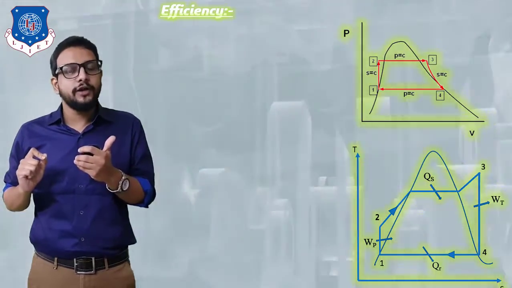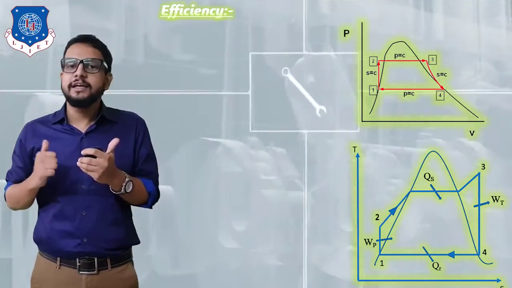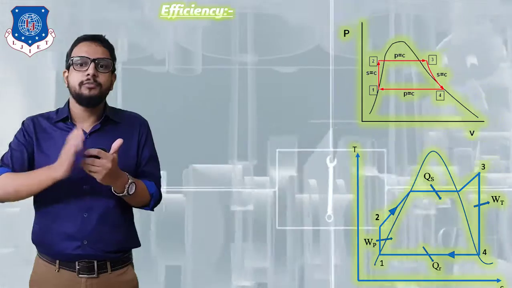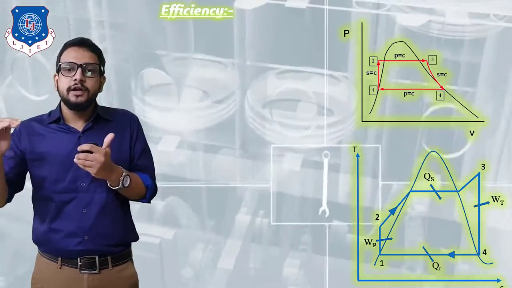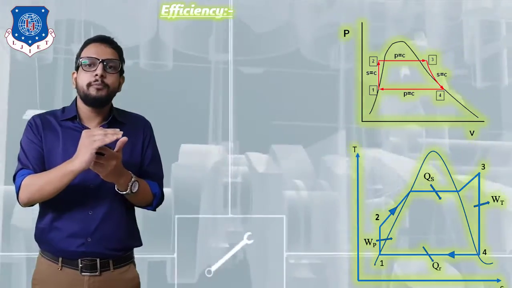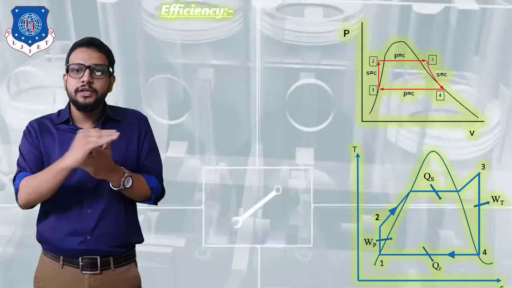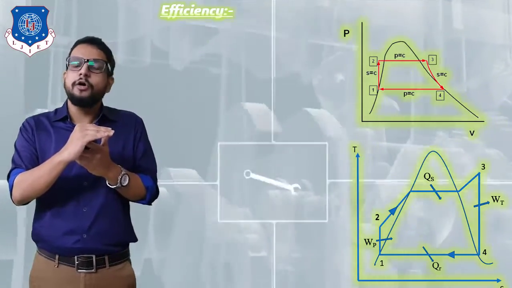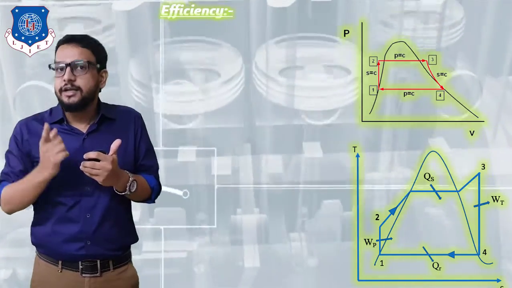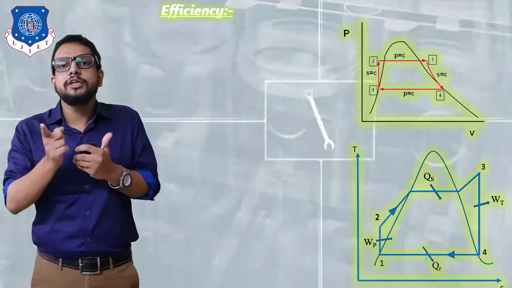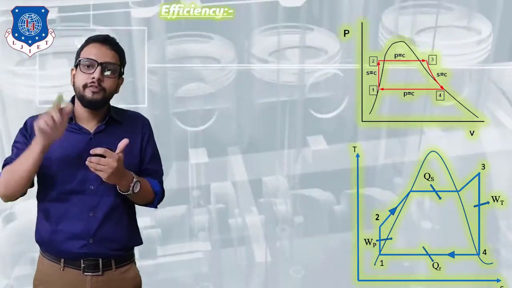Now we know the function of condenser. It's going to convert steam into water by rejecting its heat energy to the surrounding atmosphere. So point number 4 enters into a condenser, and at an exit of a condenser we are going to obtain hot water. Okay, so point number 4 to 1 is represented by a straight horizontal line, but in a condenser what is happening? So heat is rejected, which means density of water is going to increase. If density is increasing, then volume is going to reduce.